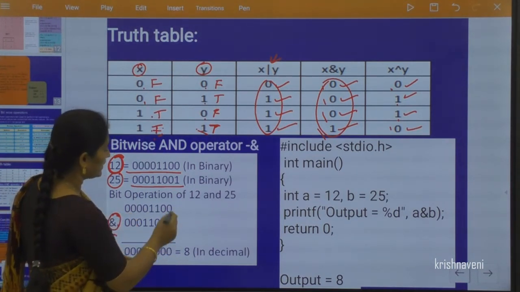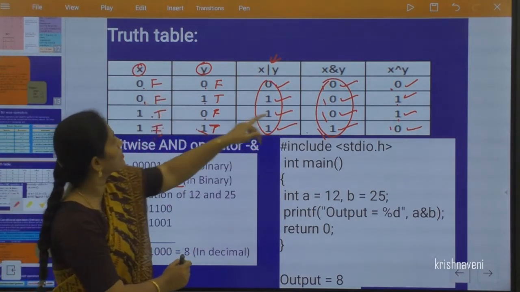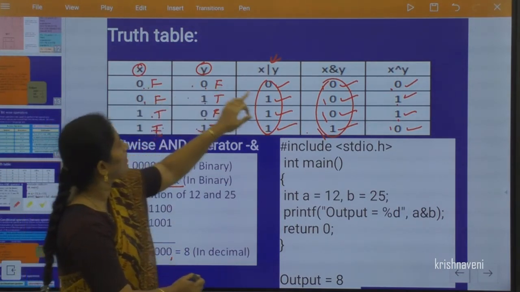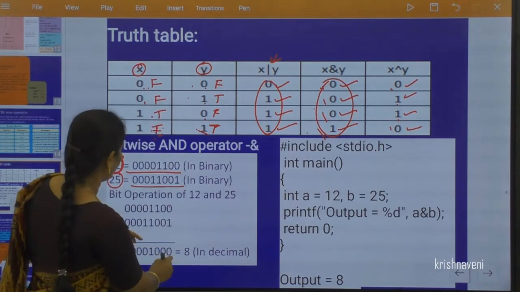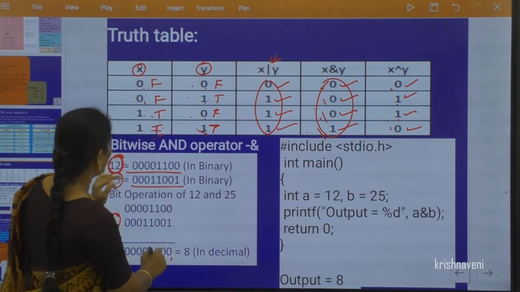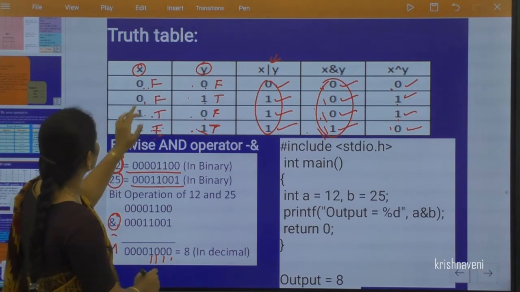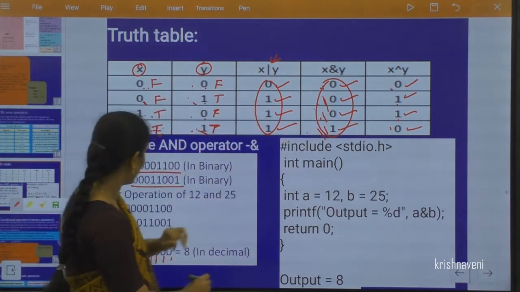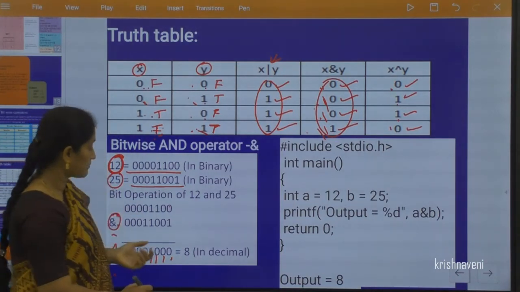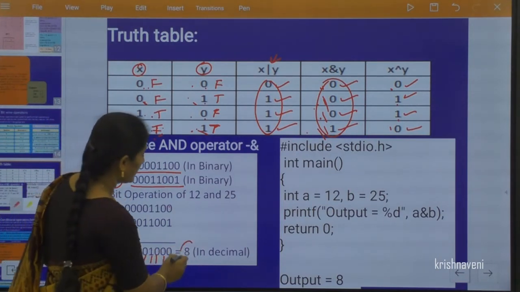It will be performed like this: 0 1 gives 0, 0 0 gives 0, 1 0 gives 0, 1 1 gives 1, and so on. When this binary number is converted into decimal, the output will be 8.